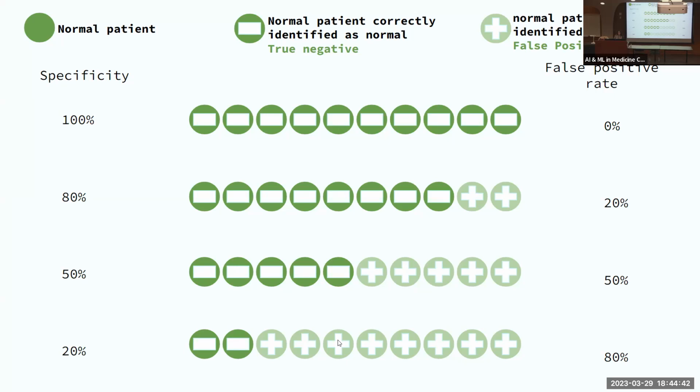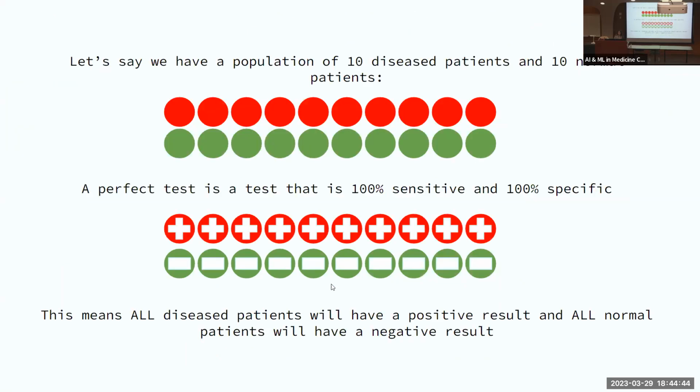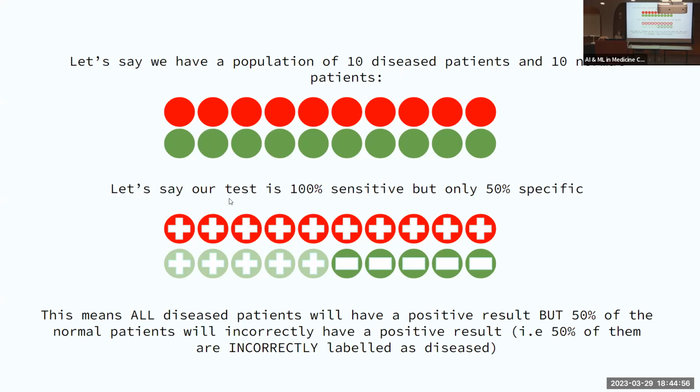So this is really important in medicine. Ideally, we want every test to be 100% sensitive and 100% specific. We want to identify absolutely everyone who has breast cancer, and we want to absolutely identify everyone who does not. But of course, these tests don't exist. There's always some sort of drawback. Either you're taking away from sensitivity or you're taking away from specificity. For example, if we have a test that's 100% sensitive but 50% specific, you're catching all the patients with breast cancer, but you're falsely telling people that they have breast cancer when they don't.